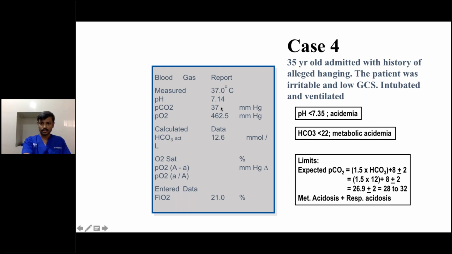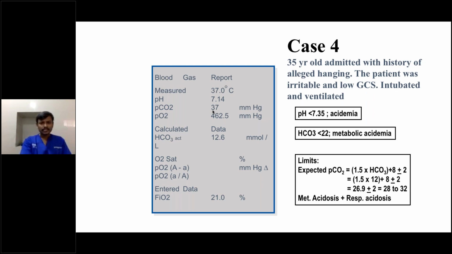There is a respiratory acidosis there. So just understanding the value is not more important; you should apply it clinically. In this case, pH is low because of metabolic acidosis. We have to correct it, maybe it requires fluids, and we have to identify the cause of the acidosis. And CO2 is high. We have to increase the respiratory rate of the ventilator so that PCO2 comes toward the normal 28 to 32, so that pH will be towards normal.